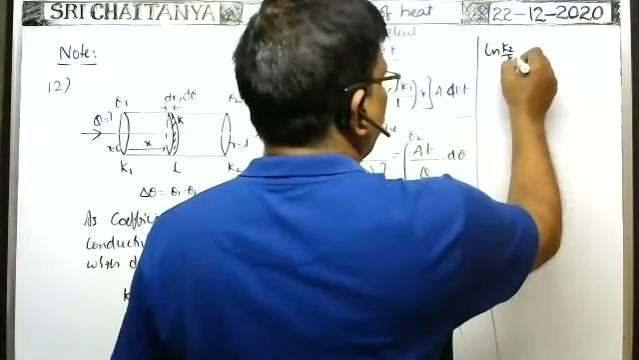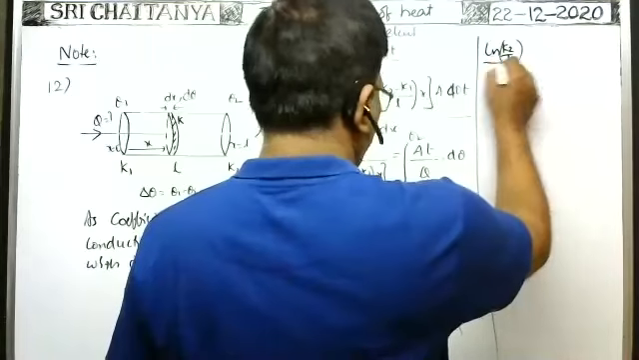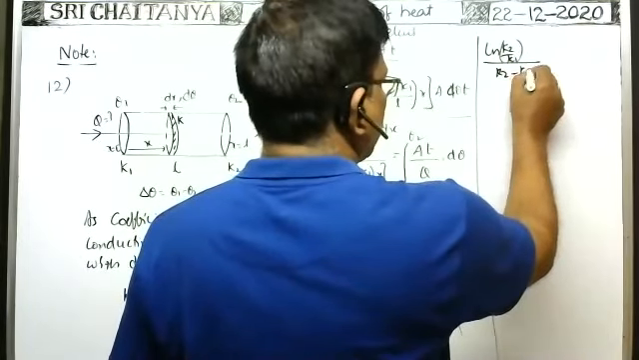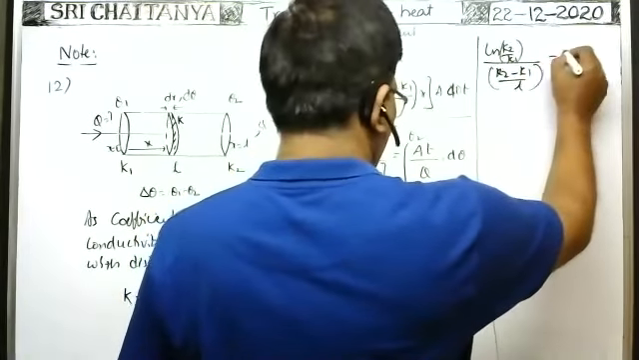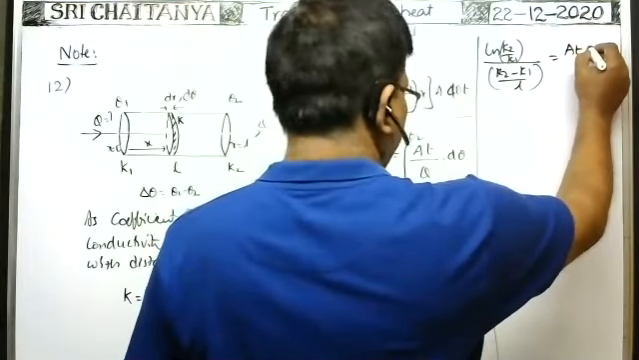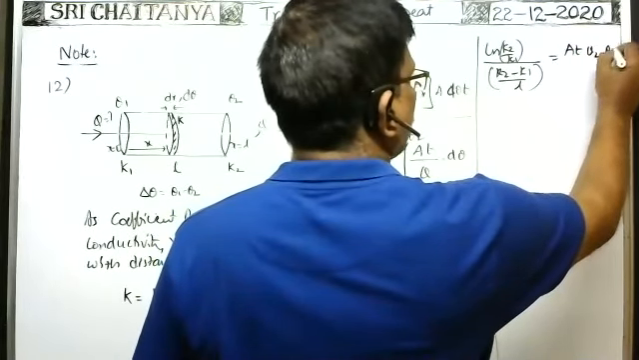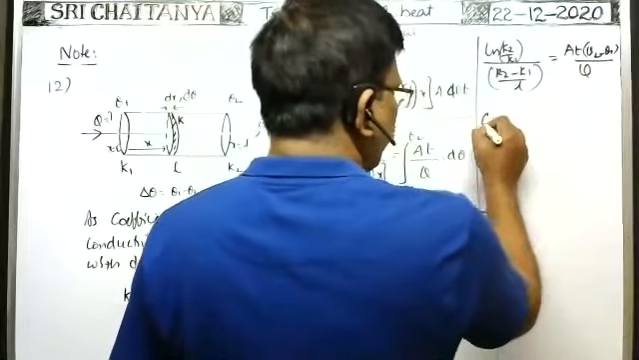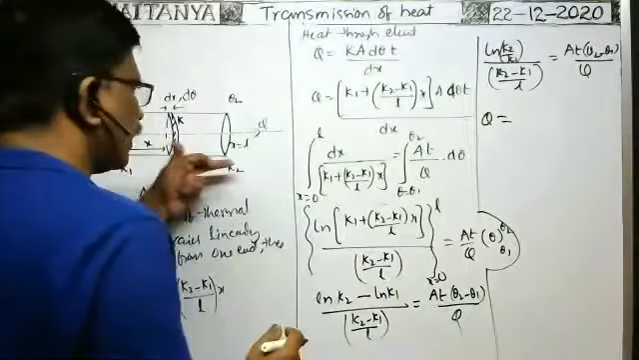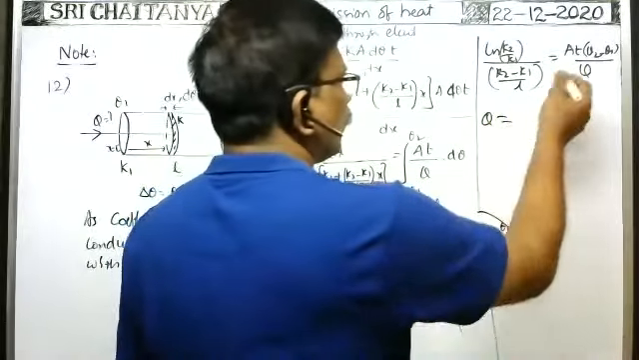Ln K2 by K1. Okay. K2 minus K1 by L is equal to A into T into theta 2 minus theta 1 by Q. Therefore, we need Q. Heat energy transmitted to this rod is how much? Is equal to